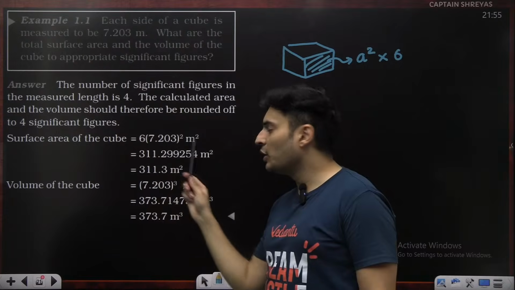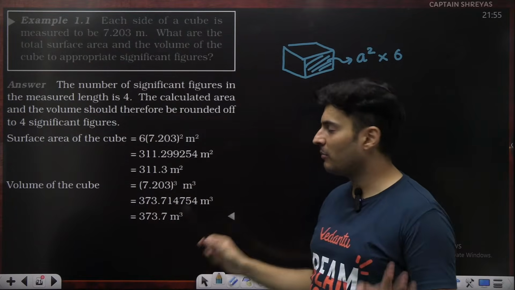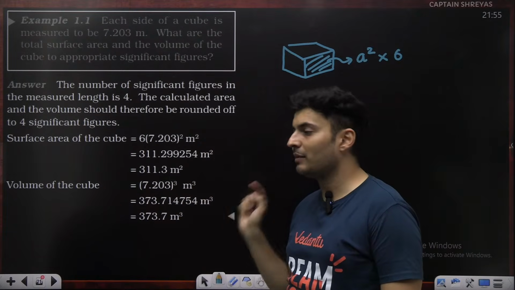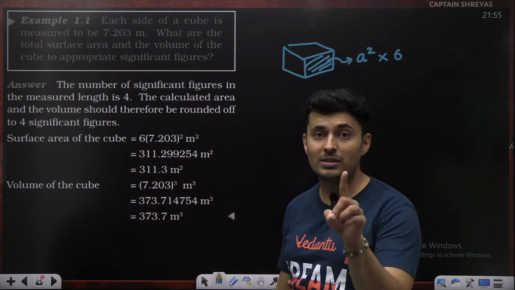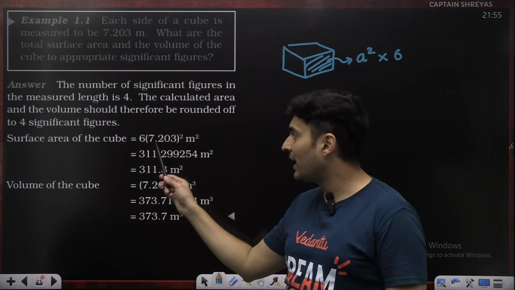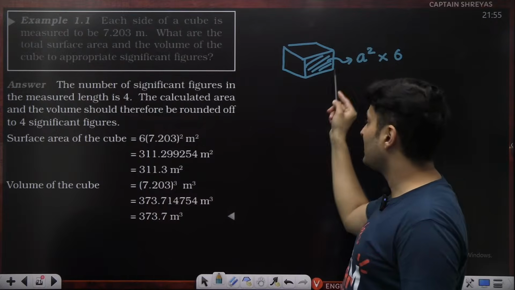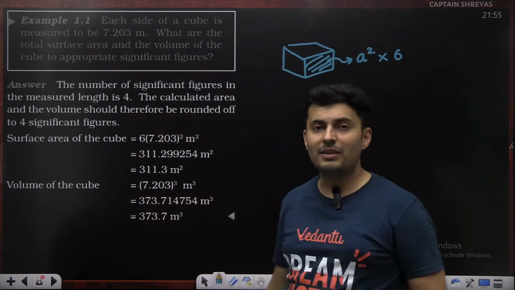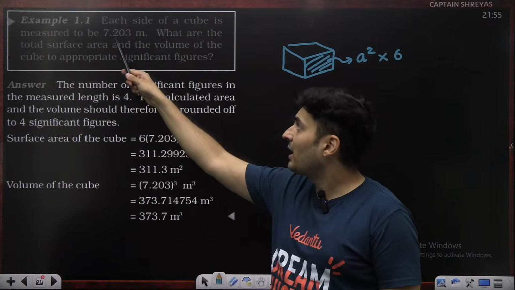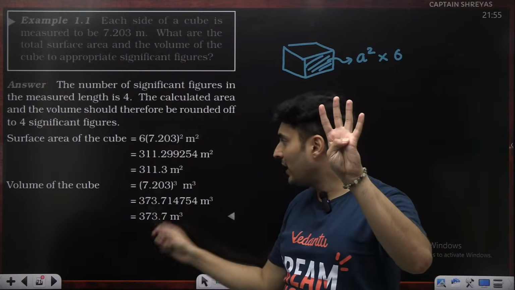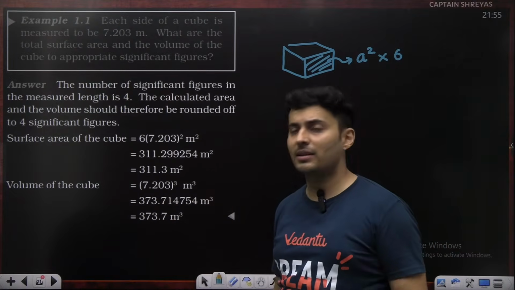Now, when you find the numeric value using a calculator or calculate it yourself, you will get many decimal places, many significant figures. But remember the rules. You cannot put so many significant figures because you are multiplying side with another side into 6. Multiplication, what do you do? Check the significant figures. This number has 1, 2, 3, 4, 4 significant figures. So the final answer should also have 4 significant figures.